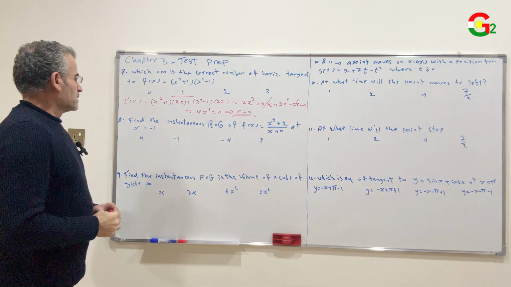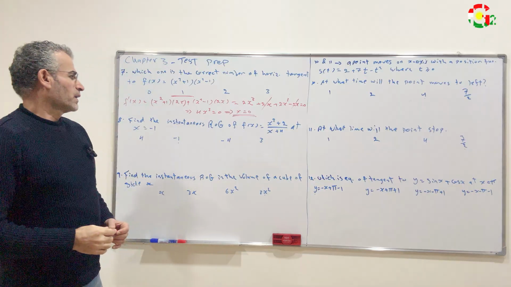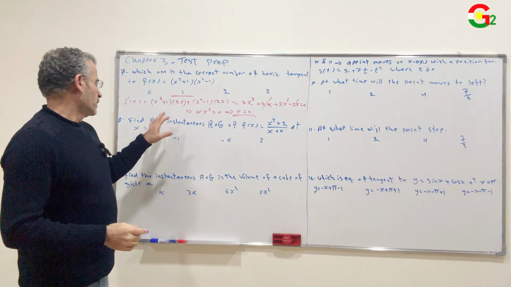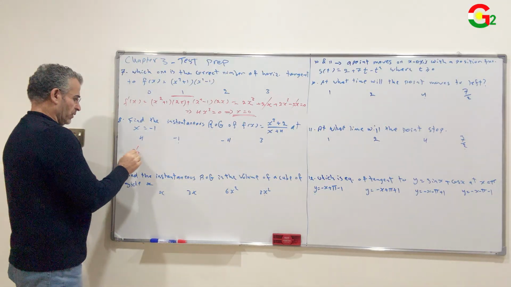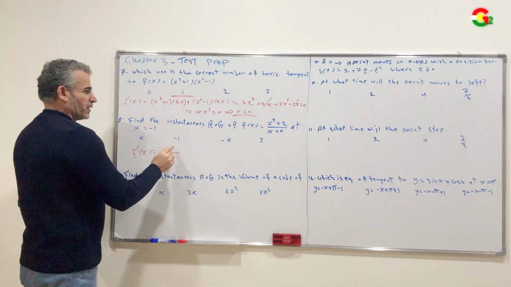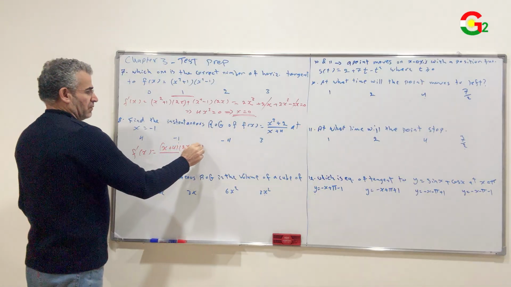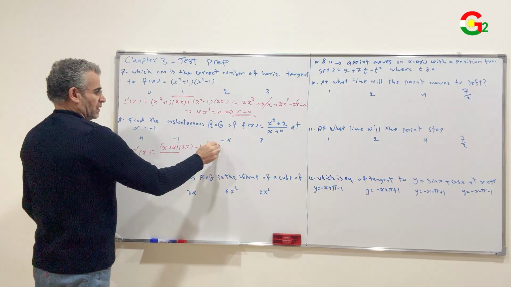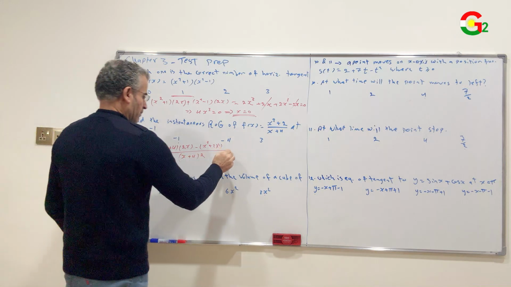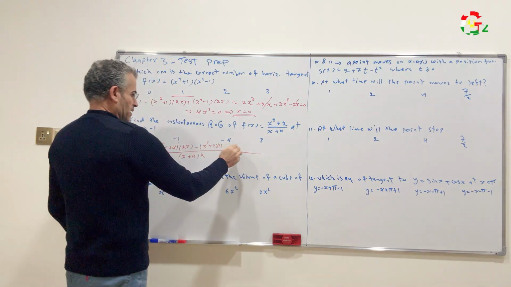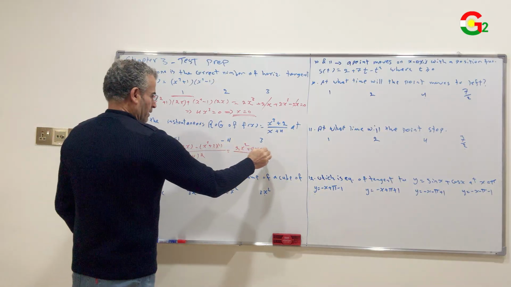Number 8, find the instantaneous rate of change of f of x equal x power 2 plus 2 over x plus 4 at x equal 1. Instantaneous rate of change is the derivative of the function at this point, f prime of x equal to the denominator times the derivative of the numerator minus the numerator times the derivative of the denominator over denominator square. Simplify. 2x times x, 2x power 2, 2x times 4, 8x minus x power 2